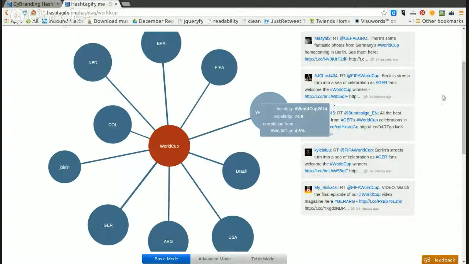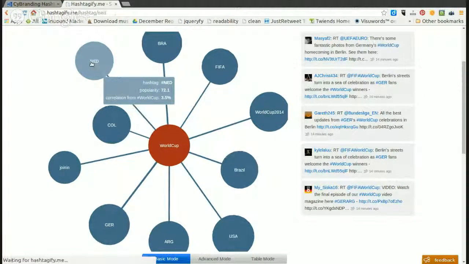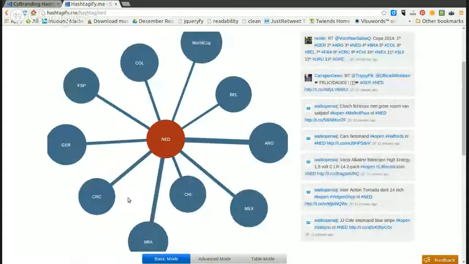So you would already learn that if you want to talk about the Netherlands in the World Cup, you would be better off using the abbreviation NED, N-E-D, instead of writing, for example, Netherlands World Cup, or whatever. If you want to go even deeper about that, you just click on NED here. And you can see what are the top related hashtags for that hashtag. So for example, you can see that